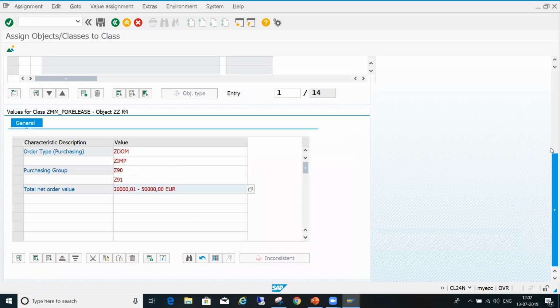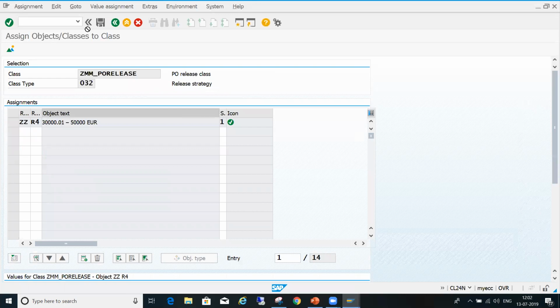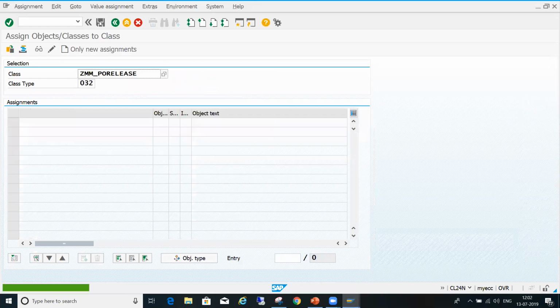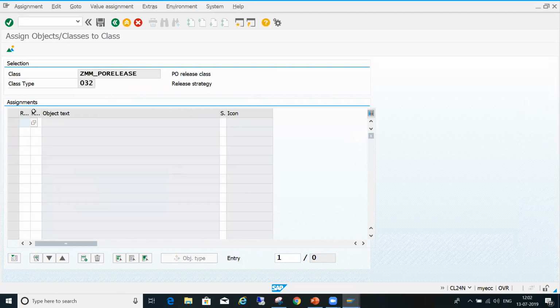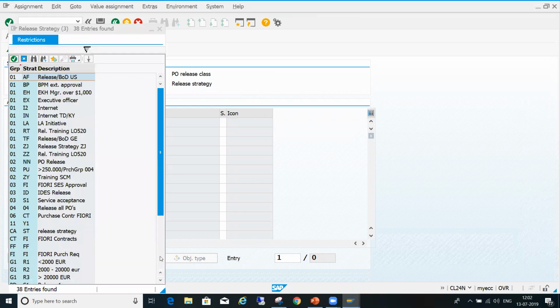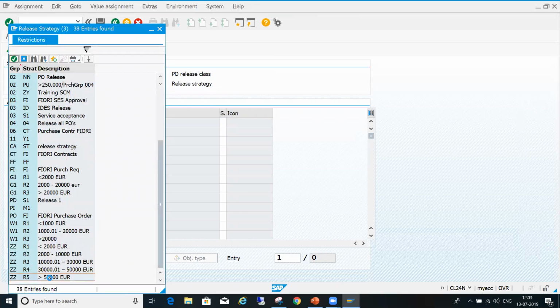Enter. So this is the fourth level, saved. Assignment, final fifth level. So what is your group? Fifth level.